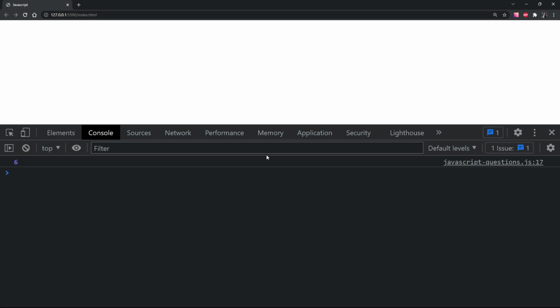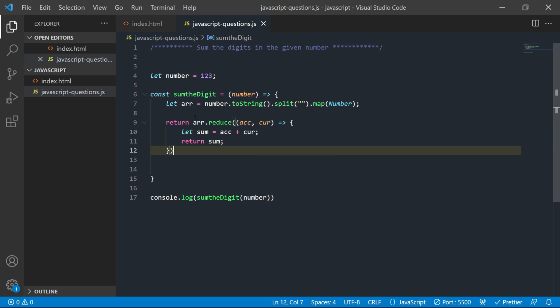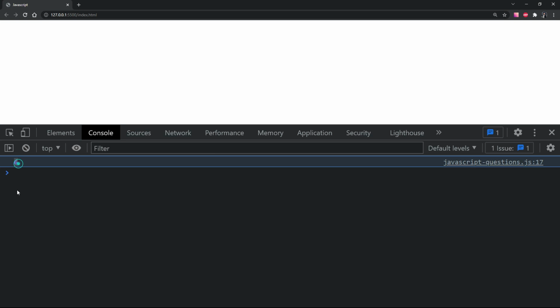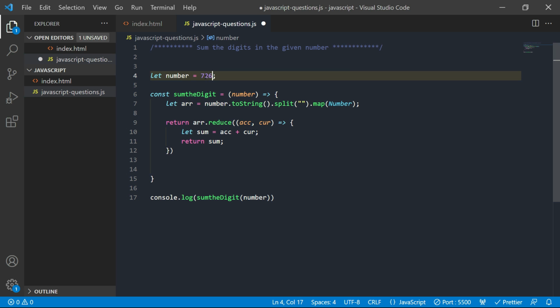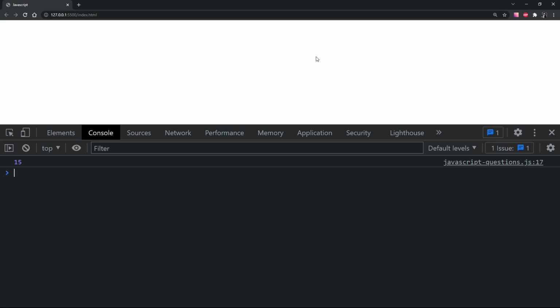So what do we get? We get 6. So if we pass the number 1 2 3, then the output will be 6. The same way, as we saw in the previous example, 7 2 6. So let's see what we get.